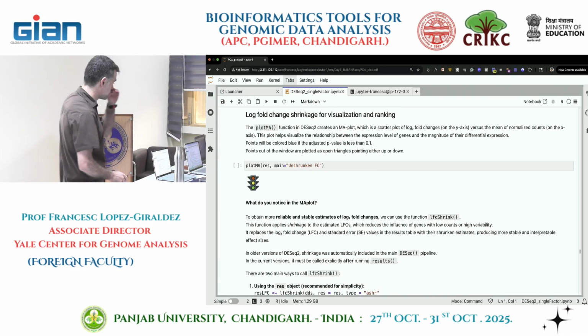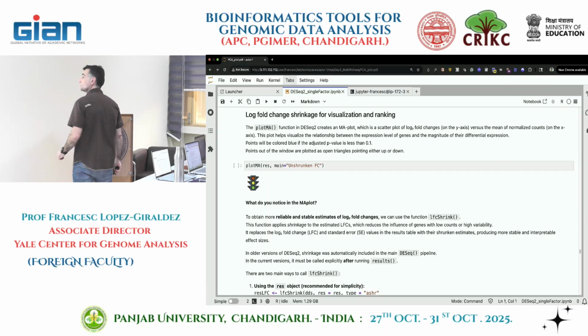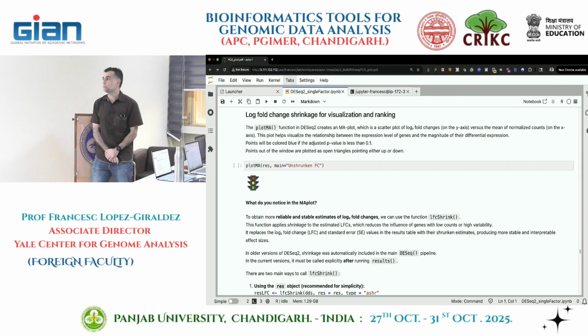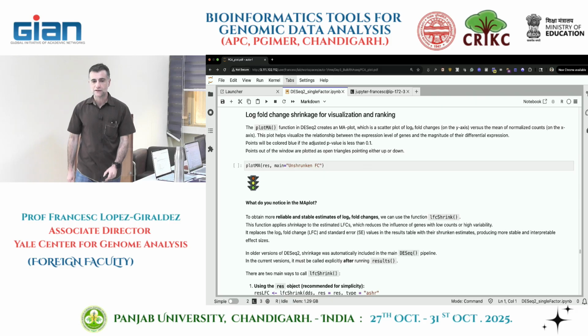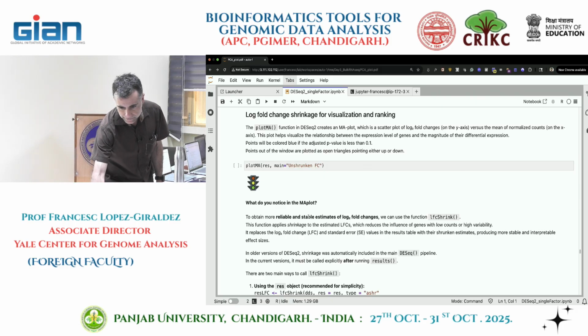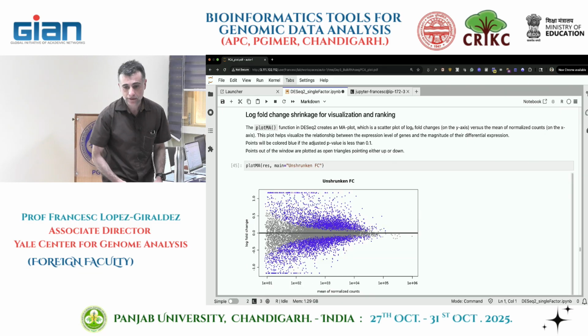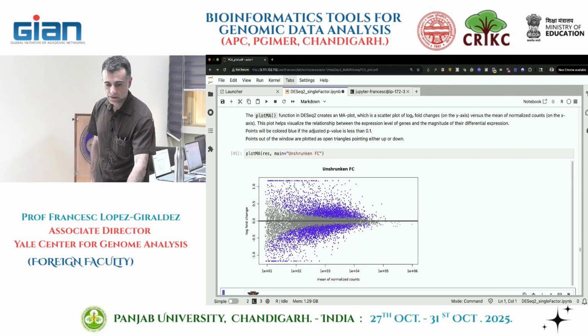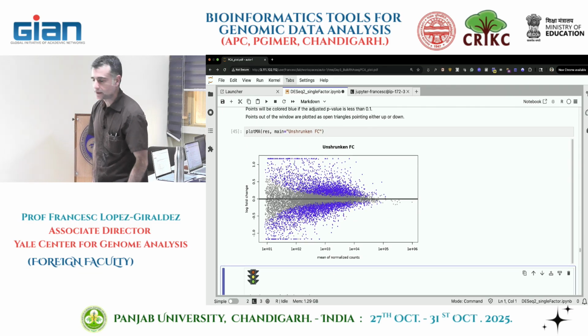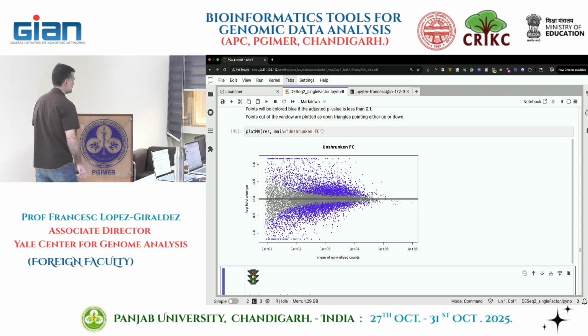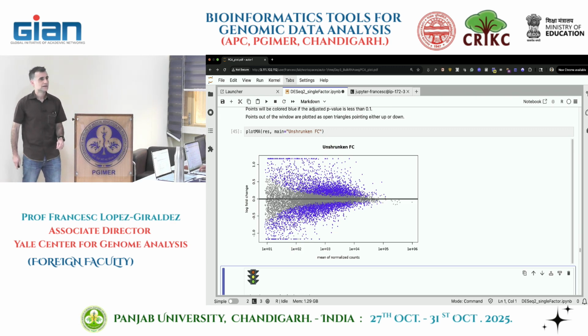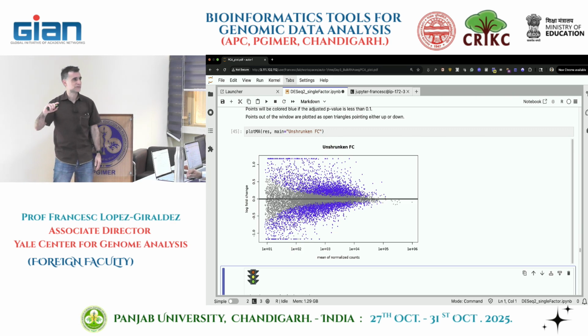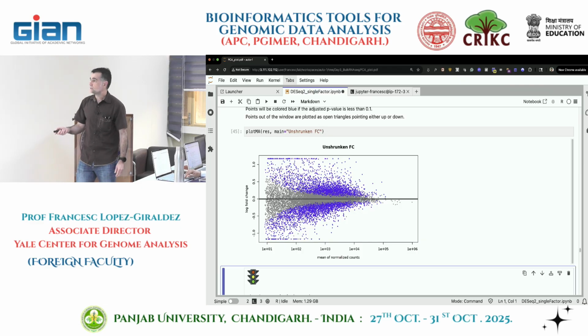Okay, so there's one more thing. You can still tweak your data a little bit. Are you familiar with the MA plot? I remember using them already with microarray data. I don't remember what MA stands for, but I think it's from the old times and they kept the name. So basically here, we have the mean of normalized counts on the x-axis